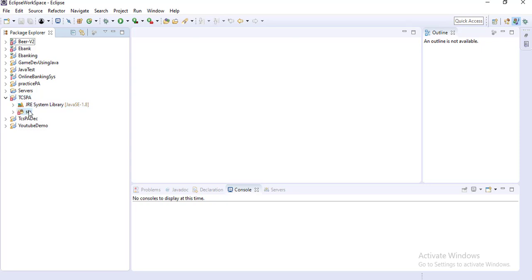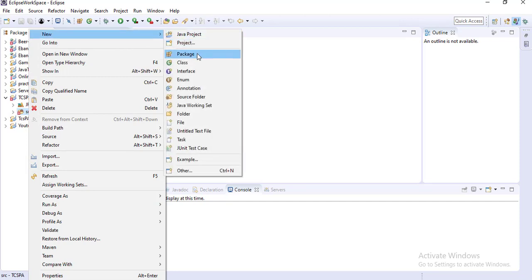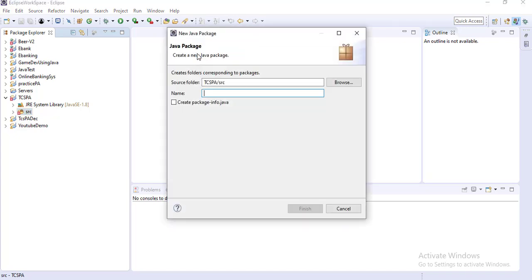Here I am creating one package, suppose 8 May.